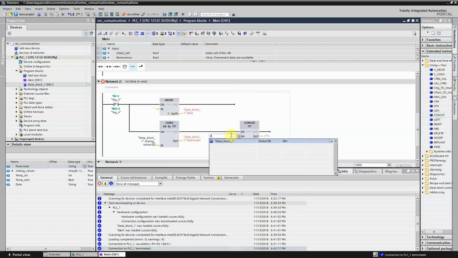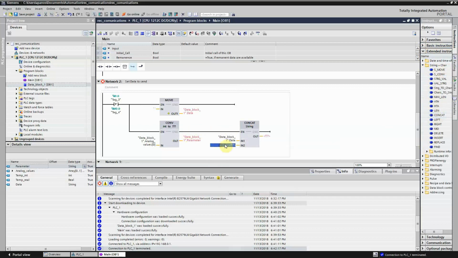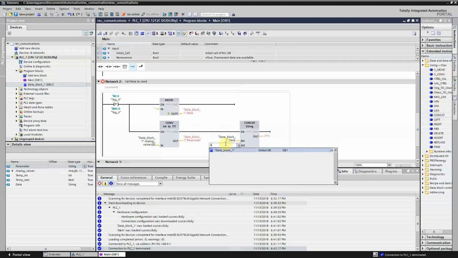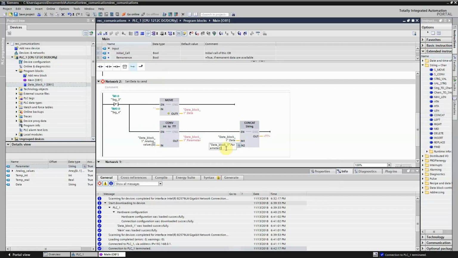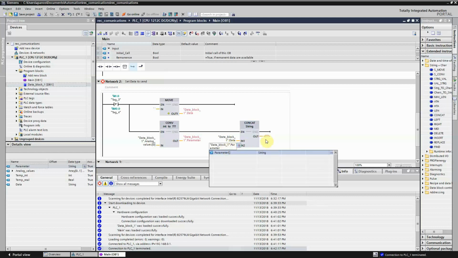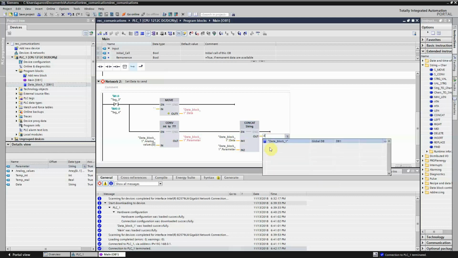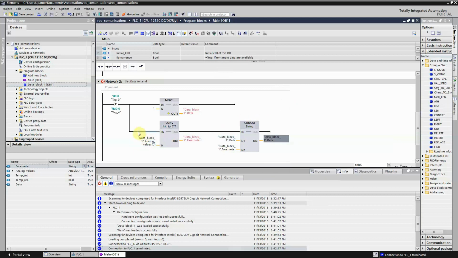So to our data block, our data string, we will add now that data block parameter, and we will put that on our data block data without the brackets. So that's the first thing. Second thing, we will